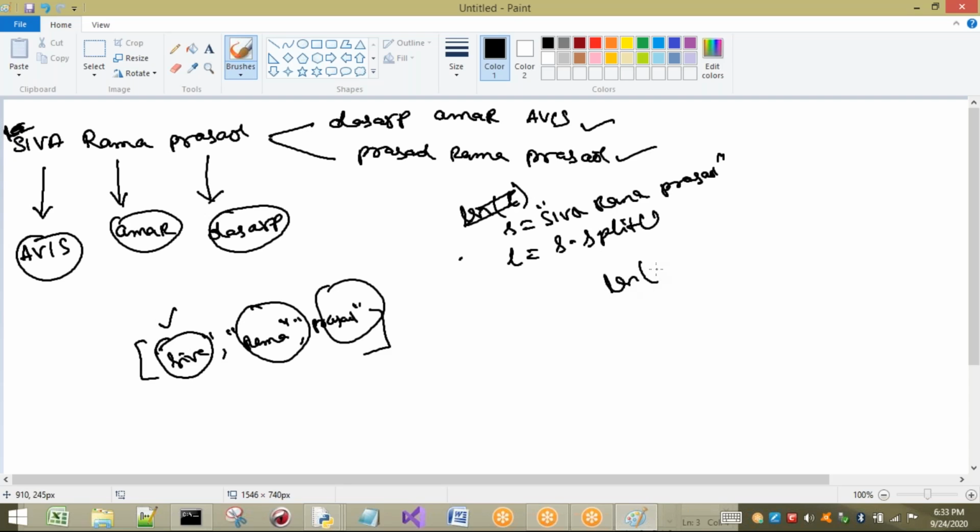Otherwise, here directly I will write an if condition or while condition. We have to go through all the things. So while I less than, let us take I equal to 0 for example. I less than len of L, that means 0 less than len of L, which is 3. Len of L is nothing but 3. So I value is 0. 0 less than 3. Okay, fine.